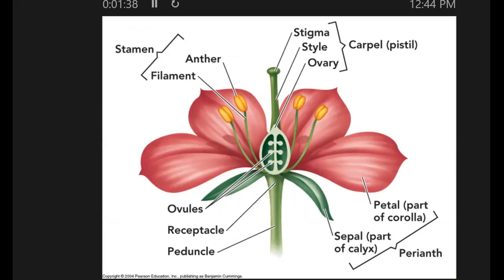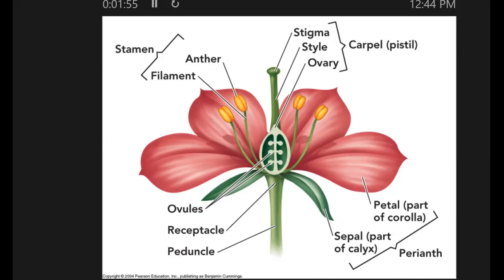In order to get that fruit to start to develop. So what happens is after double fertilization, where sperm fuses with the egg, the second sperm fuses with the polar nuclei to make the endosperm. Got all that going on. Well, as the embryo, the baby plant in there, starts to grow and develop,